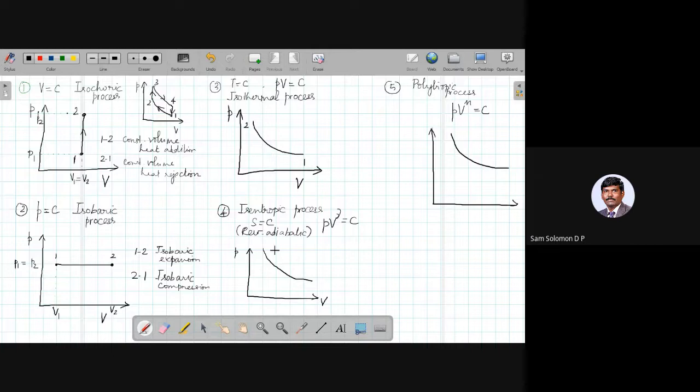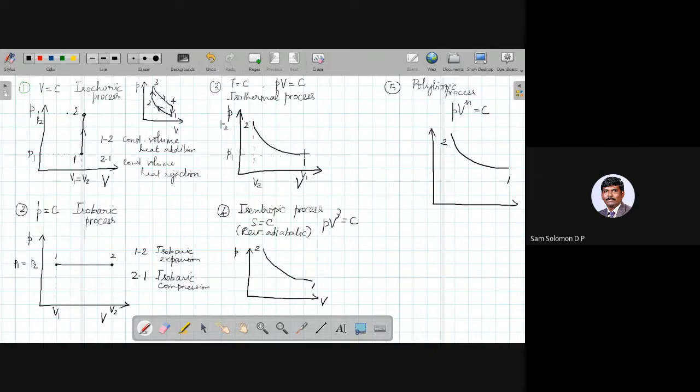So here, for all these three, let's say you have 1 to 2 or 2 to 1. So 1 to 2, you can see that there is an increase in pressure and a reduction in volume. For this, I'll show you. For the rest, you can do it yourself. So this is P2 V2, and this is P1 and this is V1. P1 V1 and P2 V2. Okay, so this is the isothermal process, and this is in the form of a curve.